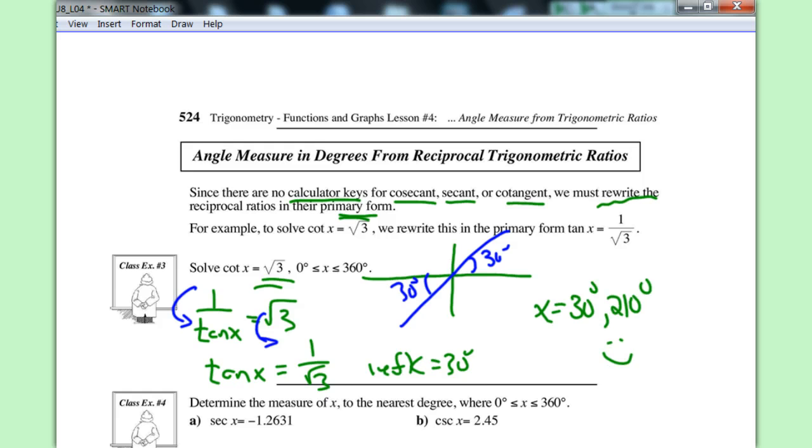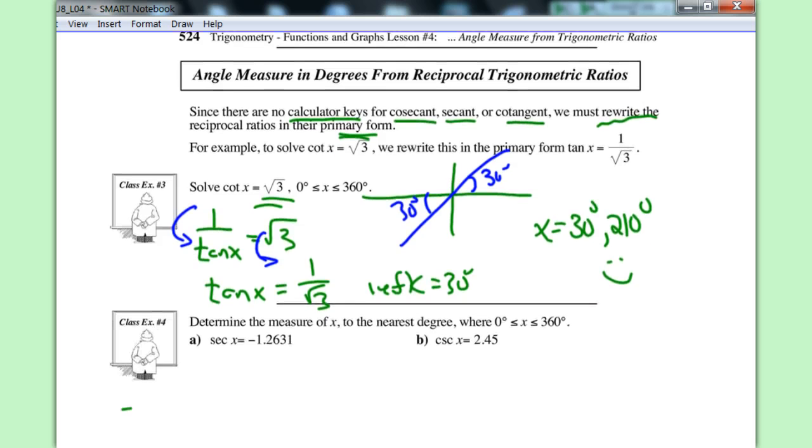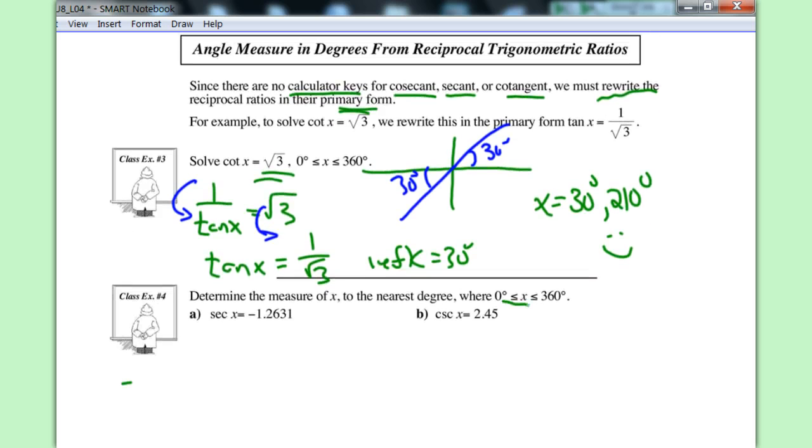And complete that with the next two. Maybe you're ready to fly on your own. And again, all of our restrictions have been between 0 and 360. That's not always going to happen. I go to my next example, and again, I rewrite. So that means that cosine of x is equal to 1 over minus